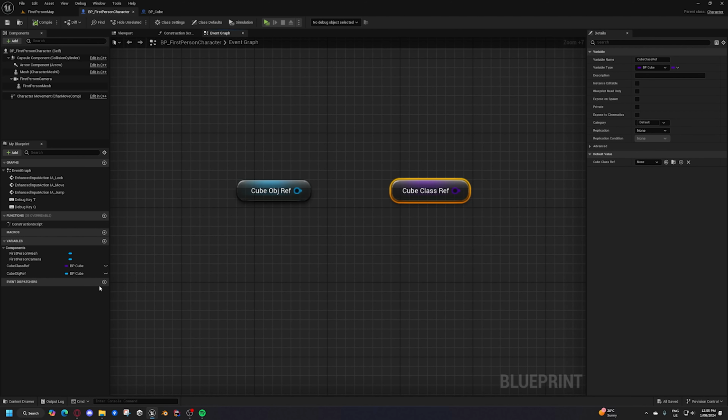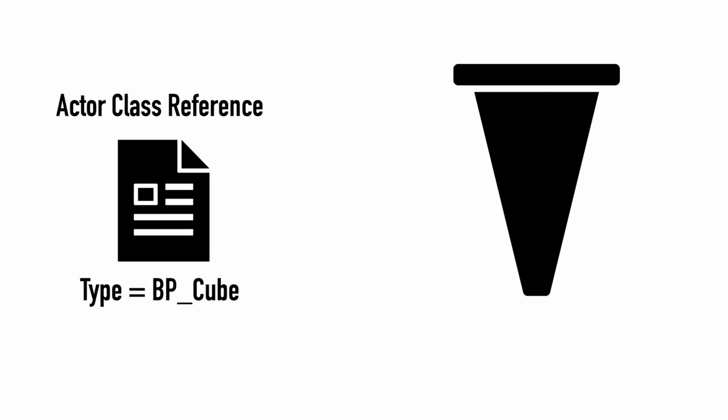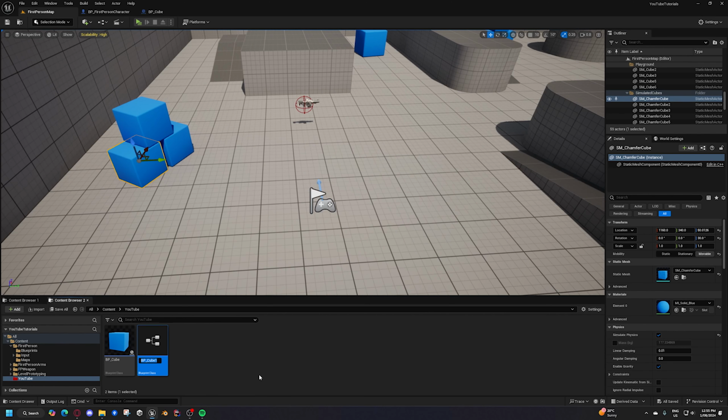It won't spawn anything, even though it's a BP cube reference. The reason why is because this is a filter in a way. This is saying, hey, this class reference is only going to allow us to take a BP cube reference. And right now we only have one BP cube, but we're going to get into inheritance later on. But if I duplicate this, with Control D for duplicate,